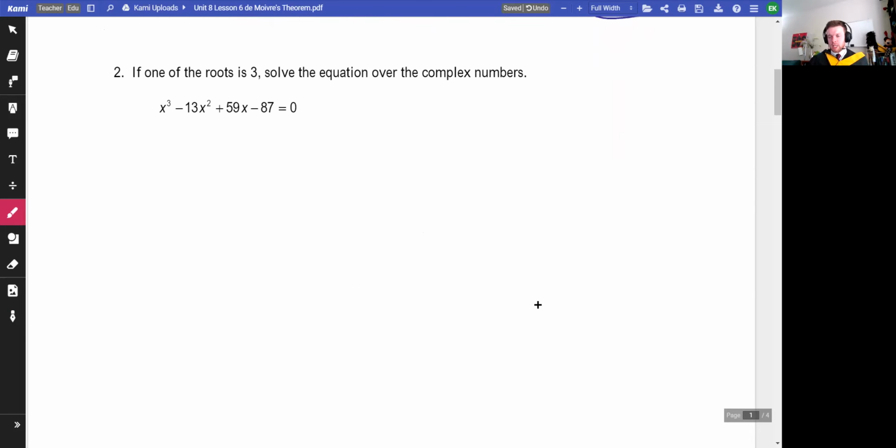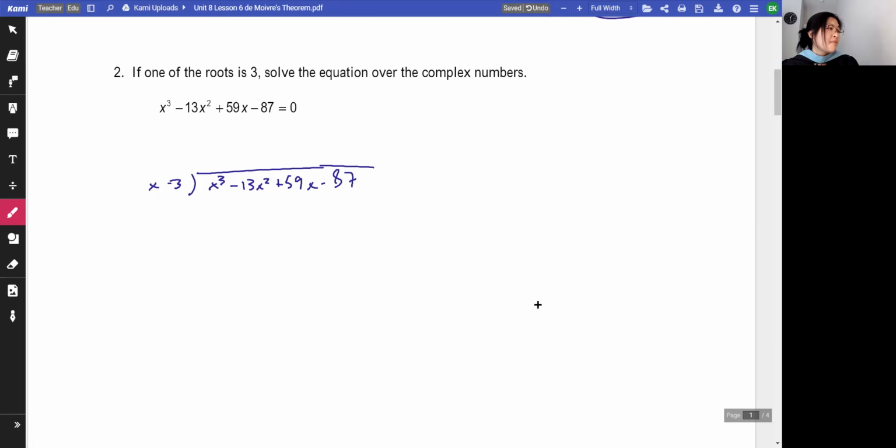Okay. Here's another warm-up just to keep our brains nice and flowing for what is to come on the next page. If one of the roots is 3, solve the equation over the complex numbers. What are you thinking? So we should probably just do polynomial long division, or if you want to do synthetic division, you could too. I just always forget what the pattern is for that. So then once you divide that out, you should have something nicer to work with. Let's do it. But before we do it, how many solutions will there be? There should be 3, one of which is 3. So I'm going to divide out that 3.